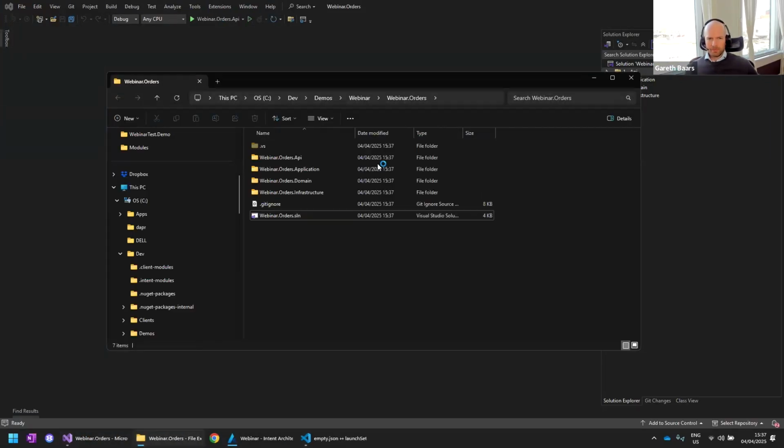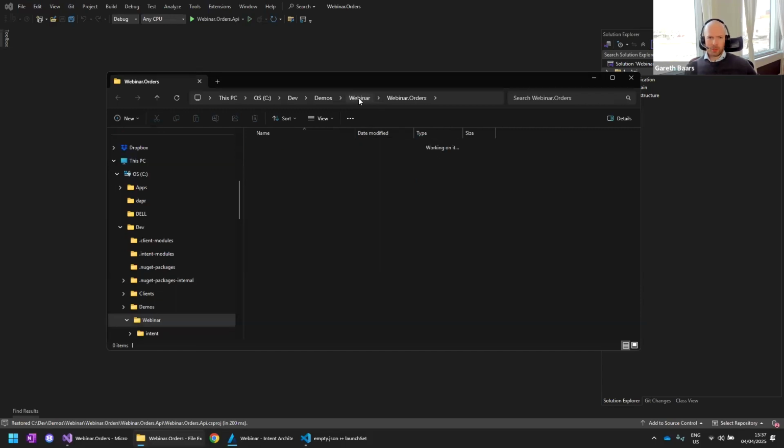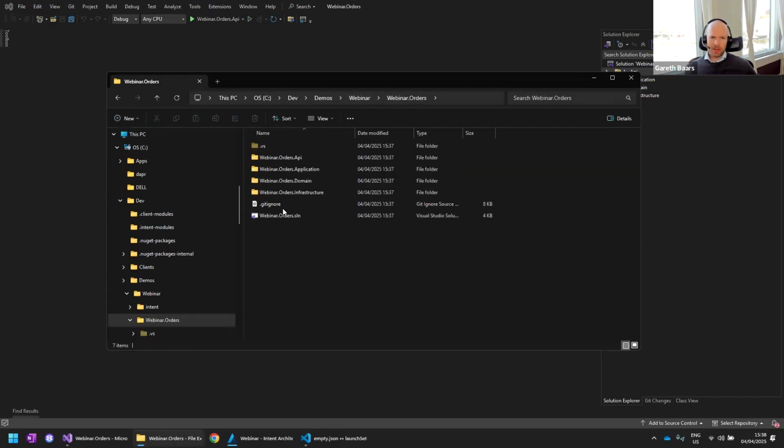While this is loading, if we take a step back, you'll see that we've got our webinars folder, and inside of here, we've got our application. Inside of this folder is pure code. If I were to zip this up or check it into a GitHub repository and share this with you guys, you would be able to check out this code base right now and compile it. As I mentioned, there is absolutely no special framework that you need access to in order to run this. This is all pure code.